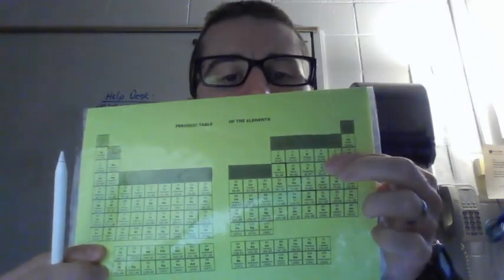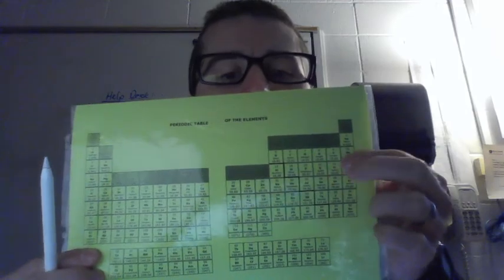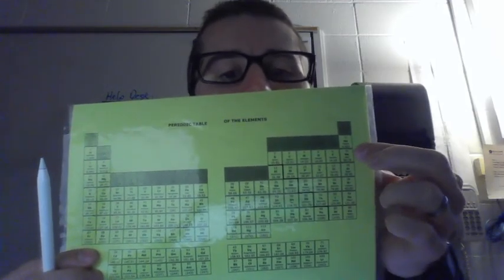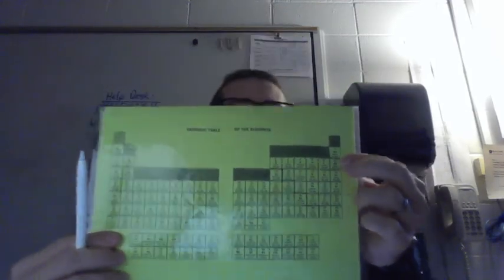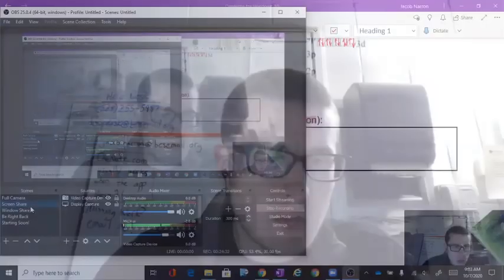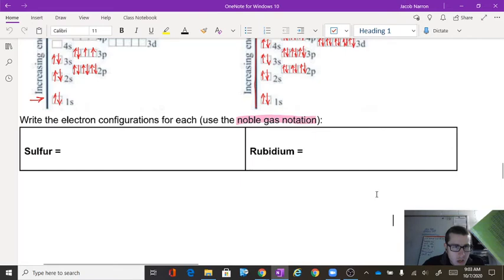So if sulfur's right here, the last gas that you passed on the way there was actually neon right here. So you went neon and then went on down the other side. So what we do when we do these, for sulfur for instance, is I'll start by writing neon, Ne, and then I'll say, all right, it's neon and then